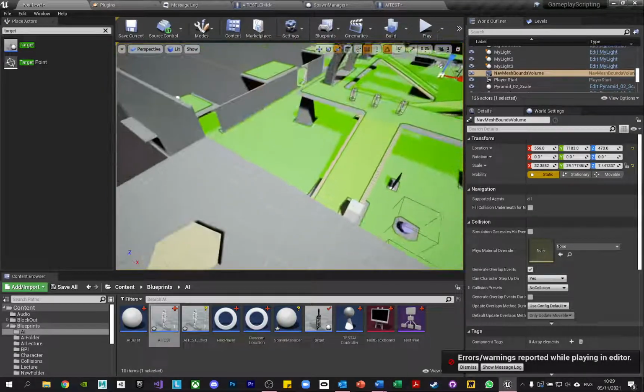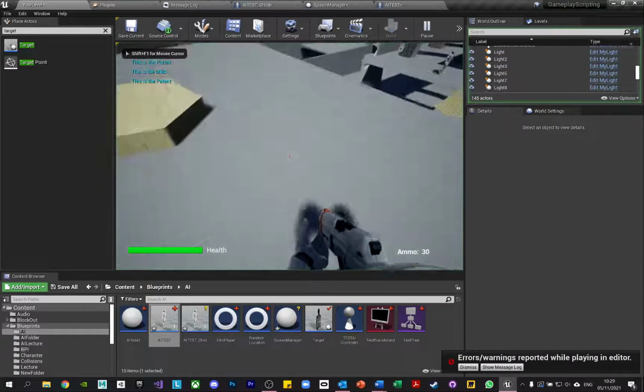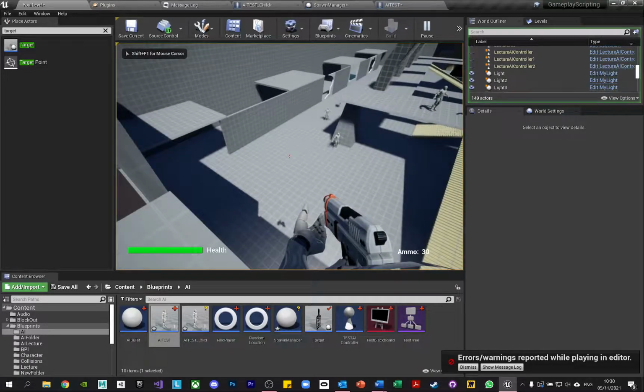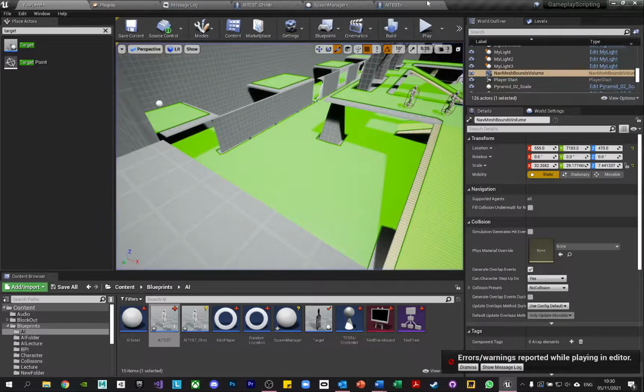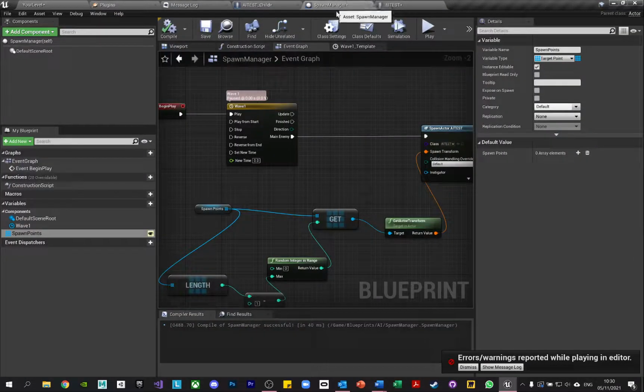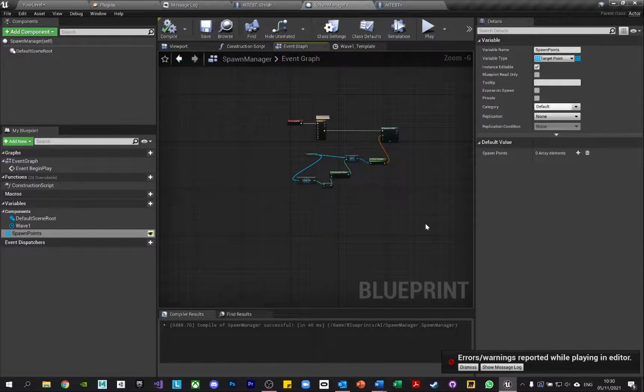I'll do it up here so we can see from a distance and we're not getting shot. So the AI are going to spawn and run around. So what happens if you want another wave and you want to have multiple enemy types? Simple again. So we go into our spawn manager and